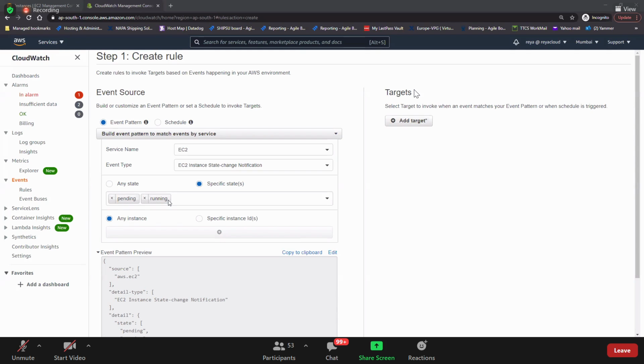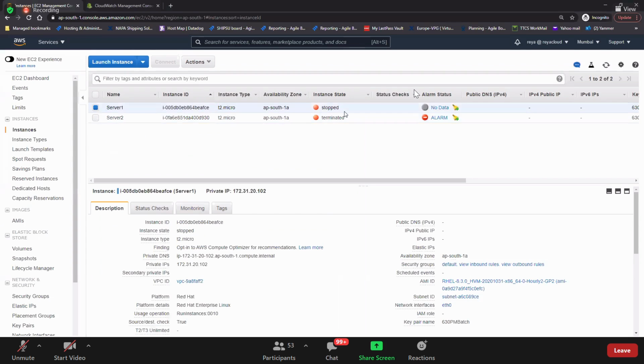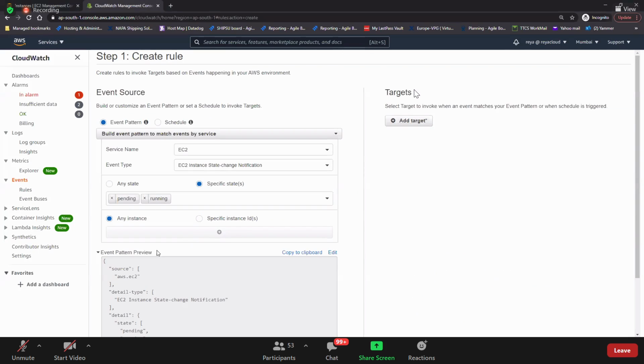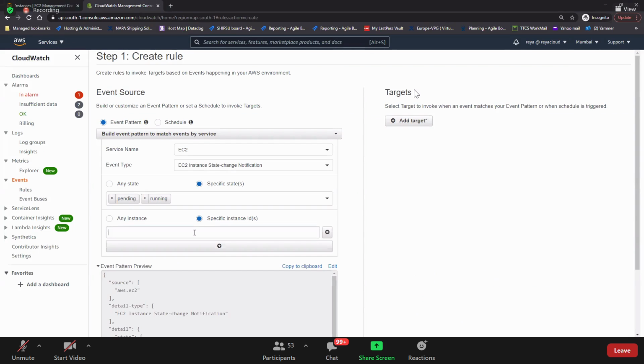But for which EC2 instance are you interested? All EC2 instances or only specific EC2 instances, based on the requirement. Now we don't have anything, one is terminated. If you are interested in this particular one, select that and then add that instance ID here.